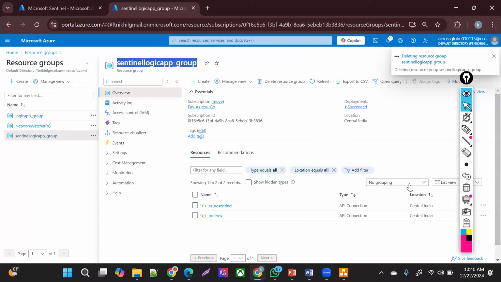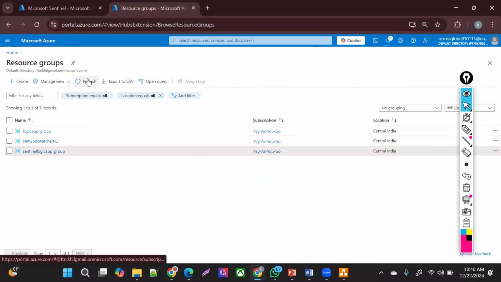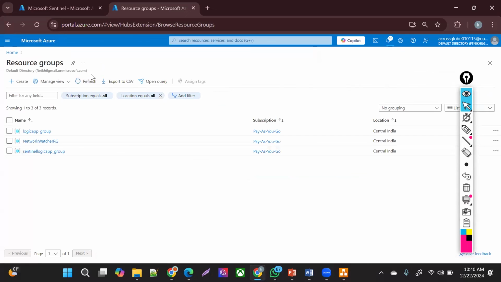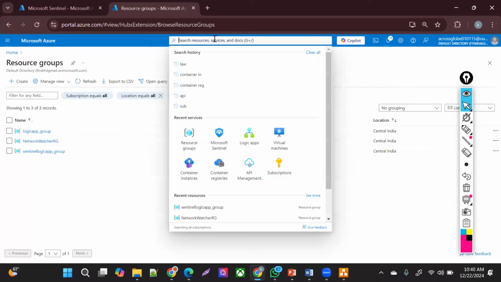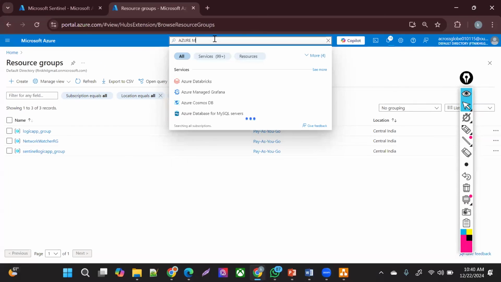But in Sentinel, there are many tactics. If you see, in that reconnaissance, many other analytics tactics are there, right? But here it's only going to trigger the way you define your alert. Let me show you that. So the major difference is that you can see it's a SIEM but not a SOAR, right? But the SIEM is also very limited with that. So if I go to Azure Monitor,